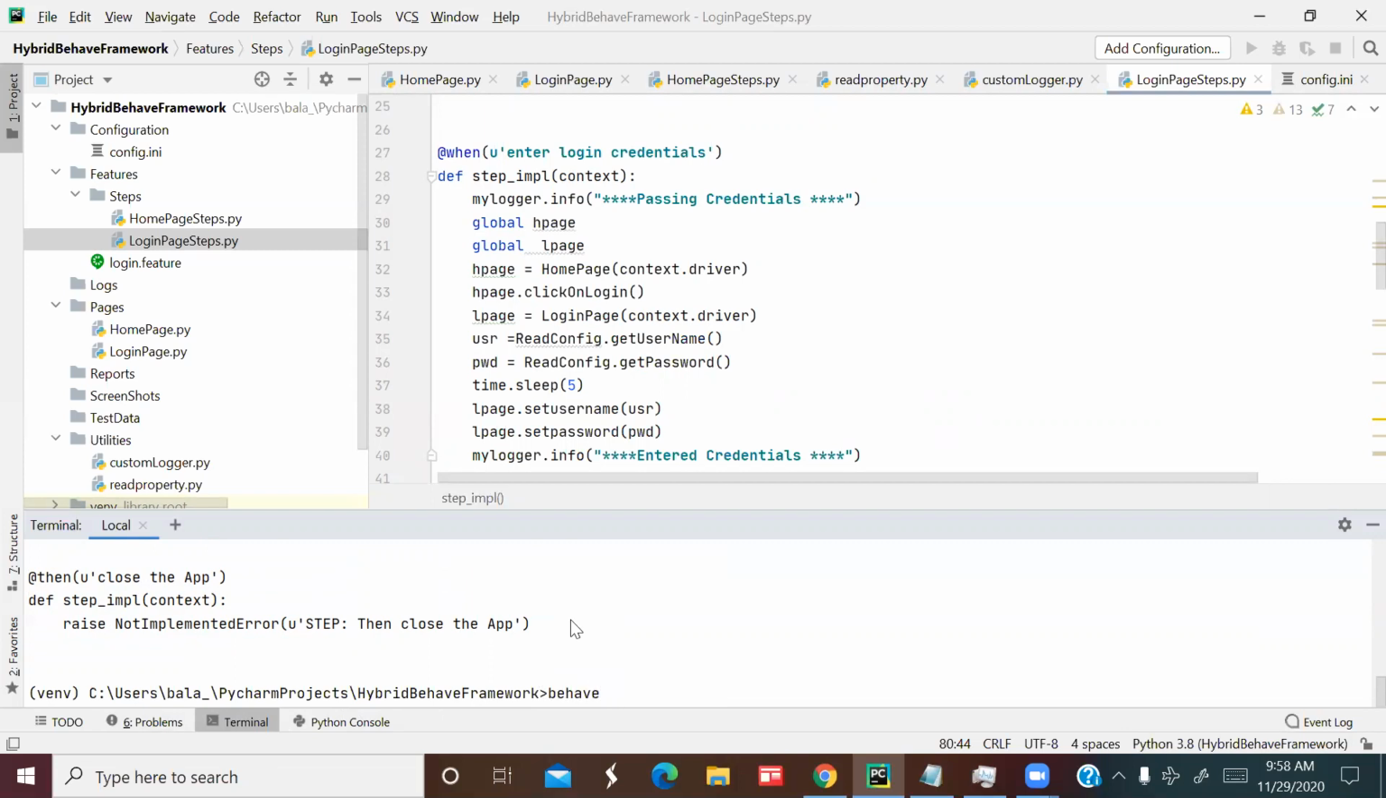Hyphen f, space allure underscore behave dot formatter. So we are basically giving this command, executing and generating a formatter. Allure formatter, space hyphen o, and the path of the feature file. And hyphen o reports. First you should do reports, and you just give the path of the